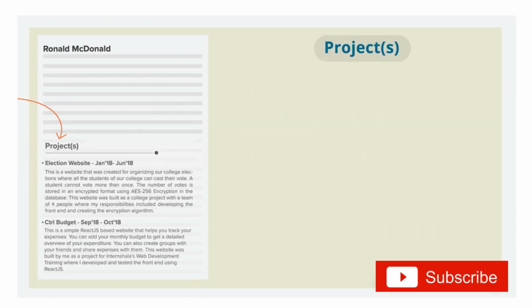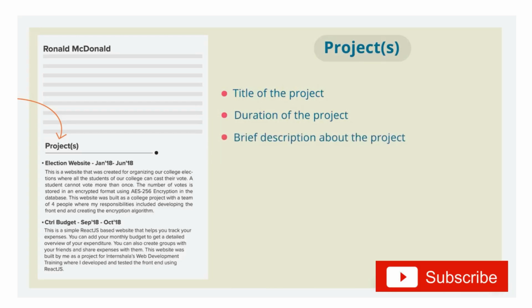Next up is the project section. This is also an important section of your resume because this is one way of demonstrating any academic project work that you may have done independently and what you are capable of. This should include the title of your project, duration for which you did this project, and again, a brief description which is specific and rich in details. If your project resulted in a publication or if there is an online link to the project, please do mention that. Next, we will look at the section on skills.